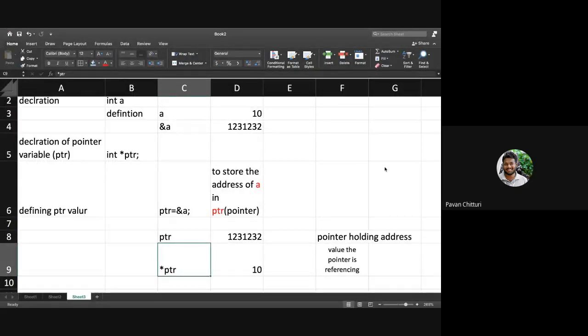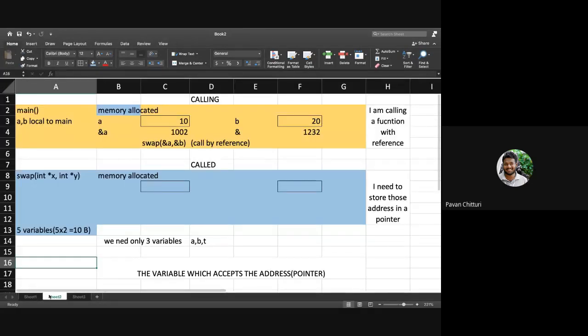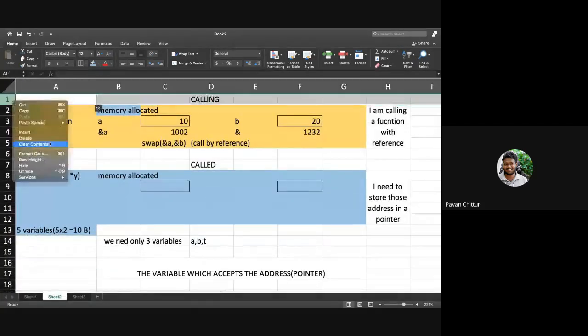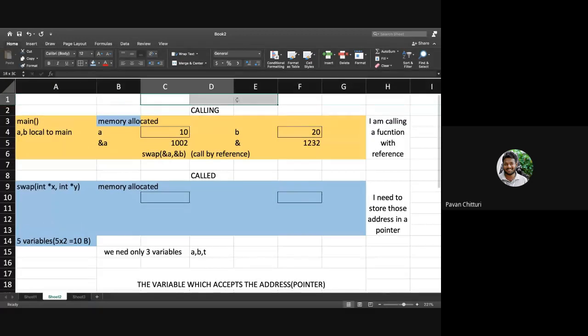By using this pointer concept, when you want to do intercommunication between the functions, this is the example for call by reference. Here we will see how programmatically we can do this. Now I have the address of this particular a variable.